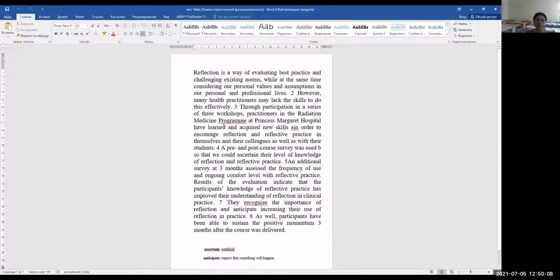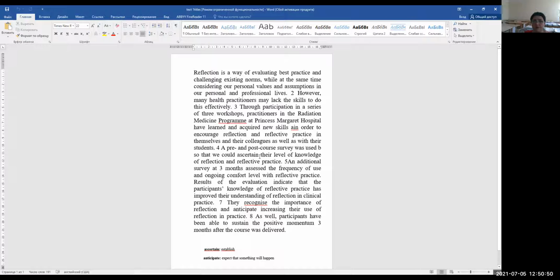So reflection is a way of evaluating best practice and challenging existing norms, while at the same time considering our personal values and assumptions in our personal and professional lives. However, many health practitioners may lack the skills to do this effectively. Through participation in a series of 3 workshops, practitioners in the radiation medicine program at Princess Margaret Hospital have learned and acquired new skills in order to encourage reflection and reflective practice in themselves and their colleagues, as well as